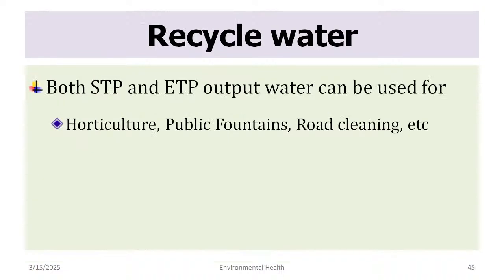If we have to recycle water, both STP and ATP output water can be used for horticulture. You are seeing the horticulture pumps everywhere, right? In AIIMS Bhopal, देखा होगा ना? And you might have read "not suitable for drinking", because that water is coming from the STP near type 1 and ATP near hostel. अब तुम लोग उसको हाथ से छुओगे भी नहीं. You did not know that, right? Anybody who knew this? हाँ ना कुछ तो बोलो, right?